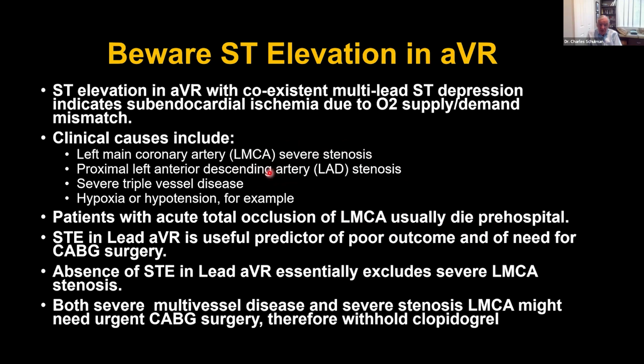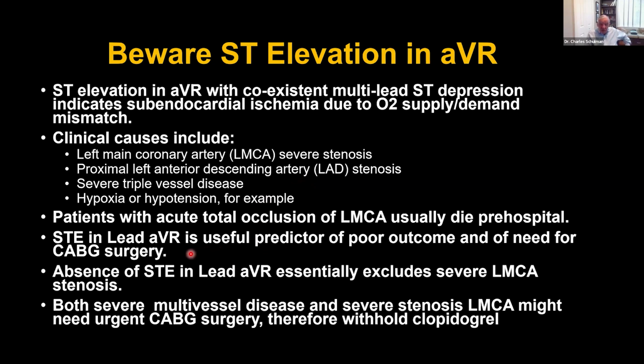So they can have a severe disease of the left circumflex and a clot in the LAD, which would give you sort of a left main equivalent, what I would call a left main equivalent, with severe three-vessel disease. ST elevation in lead aVR is a useful predictor of a poor outcome and of the